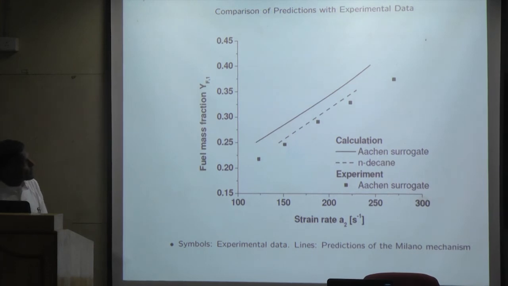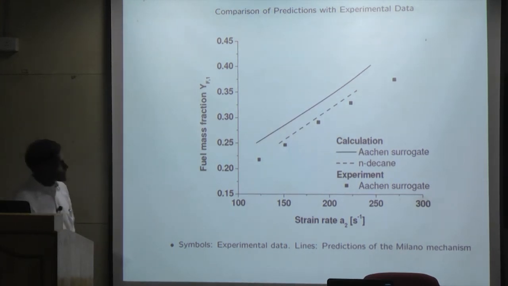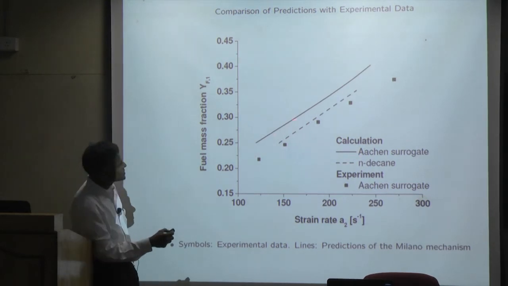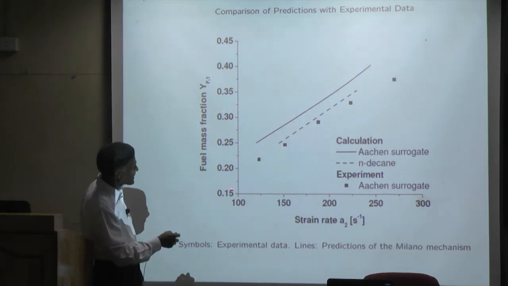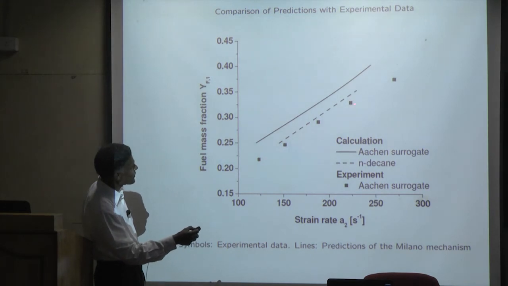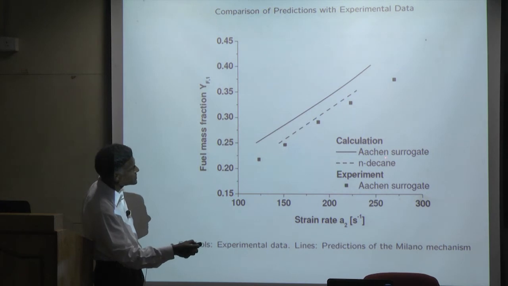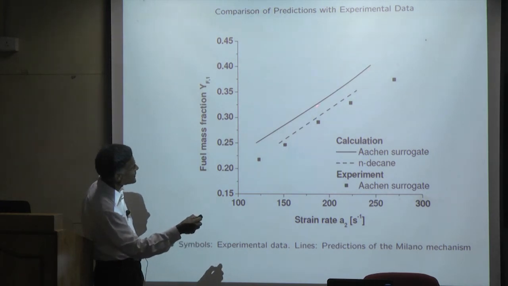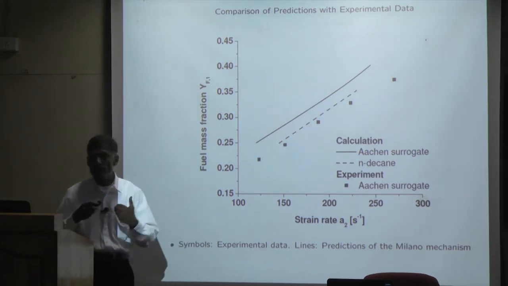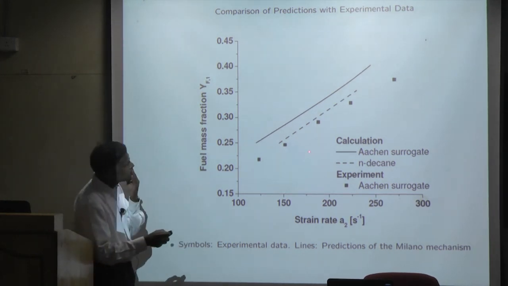All right. Now again, I want to show you experiments. This is the fuel mass fraction as a function of strain rate. These experiments were done at UCSD using the Arkansas surrogate. Here you can see the calculation. This is Eliseo Ranzi's calculation using his detailed mechanism, lumped approach. So the point here is that,